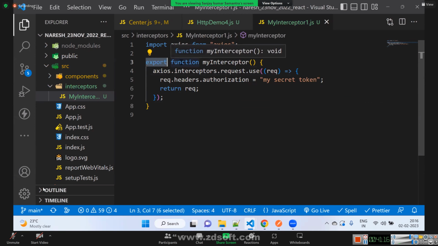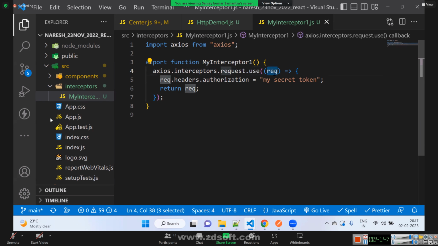Export function myInterceptor1. It is a simple function. Then what are we doing here? axios.interceptors.request.use.